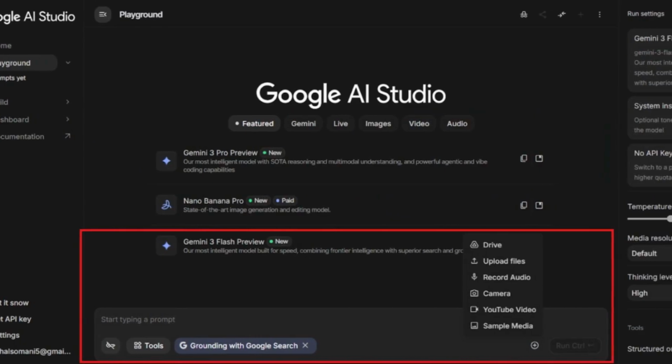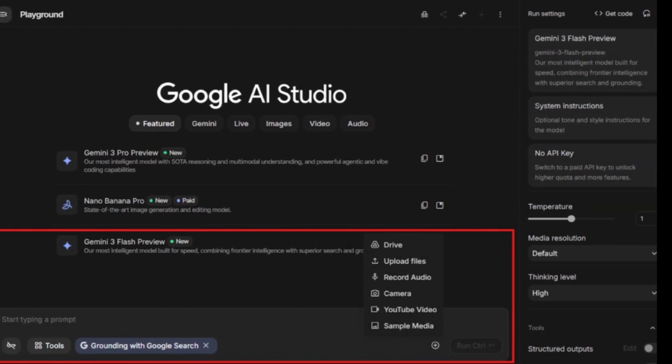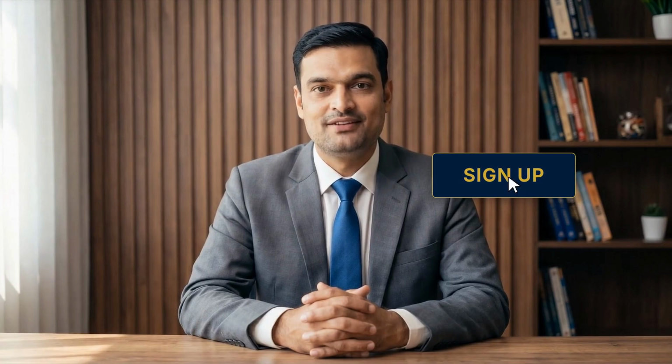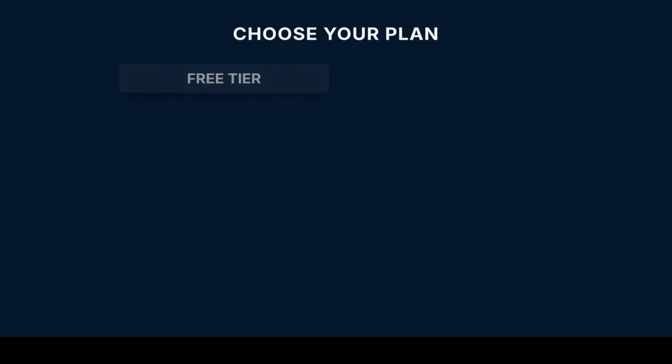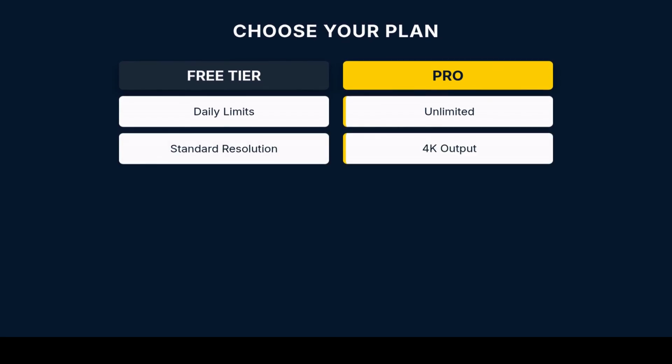Currently, Google is making Veo 3 available through the Google AI Studio platform. Simply log in with your Google account. You might need to join a waitlist, or you may already have access to the experimental features tab. While there are daily generation limits in the free tier, it's a fantastic way to experiment and learn the tool